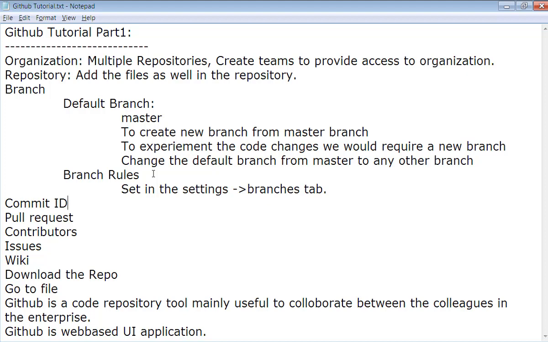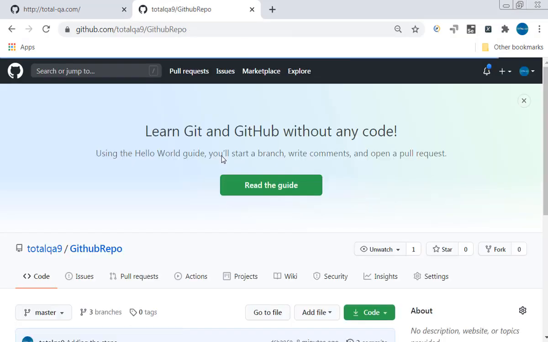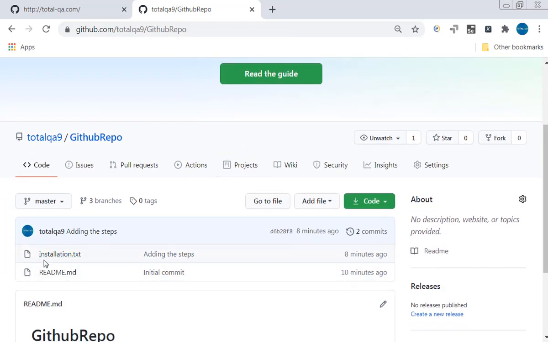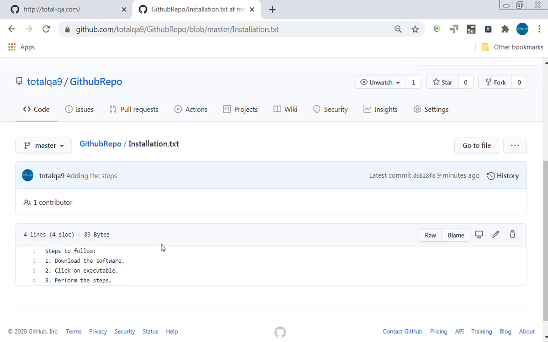Now, commit ID. What is this commit ID? Whenever we create a file, the first commit ID will be generated. In the repository, we created a file installation.txt. Let me open. Whenever we create a new file, a new commit ID is generated.